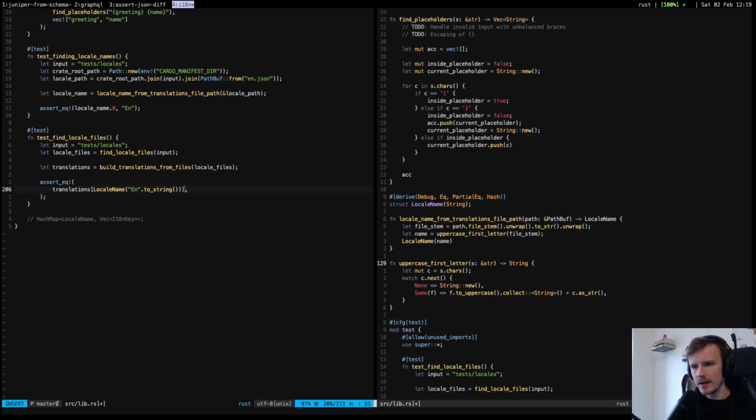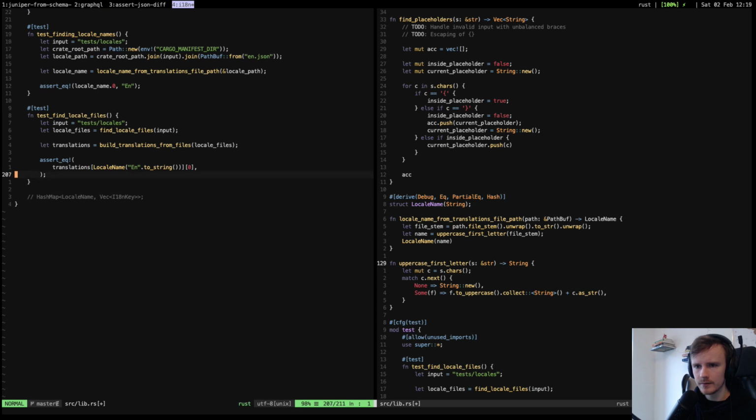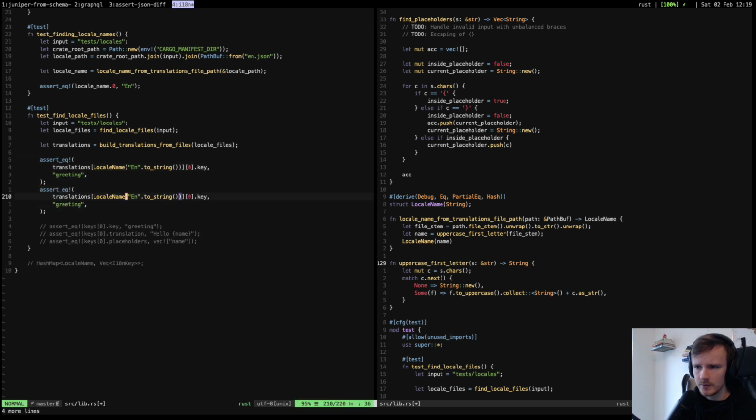And then from that we get the first one, which is then going to be the greeting. So we get its key. It should equal greeting. And if we get the translation,